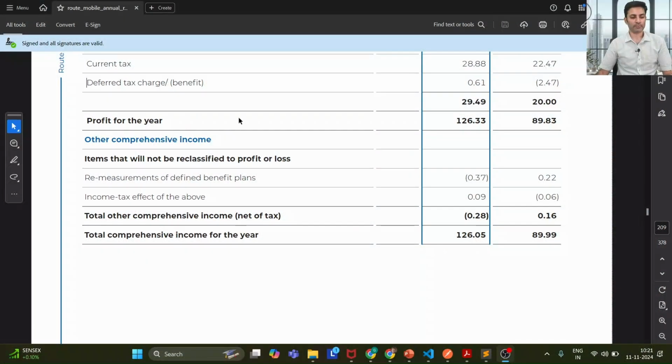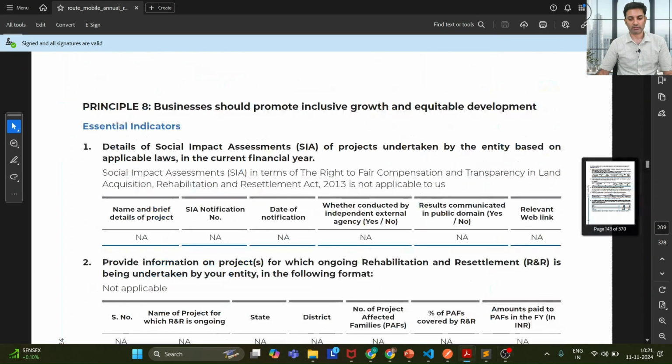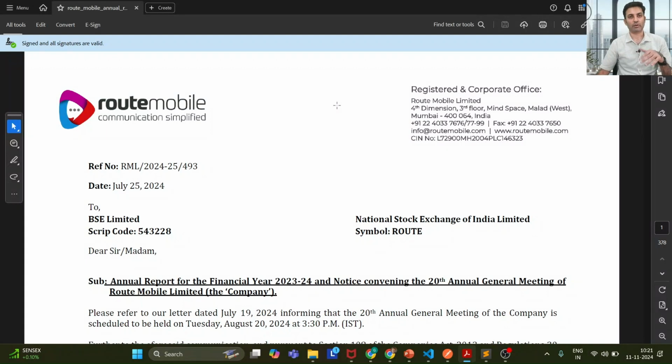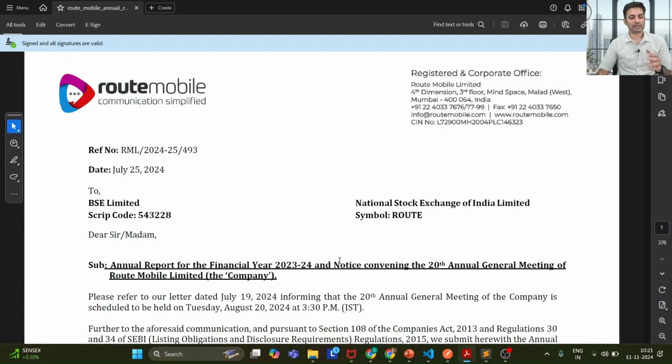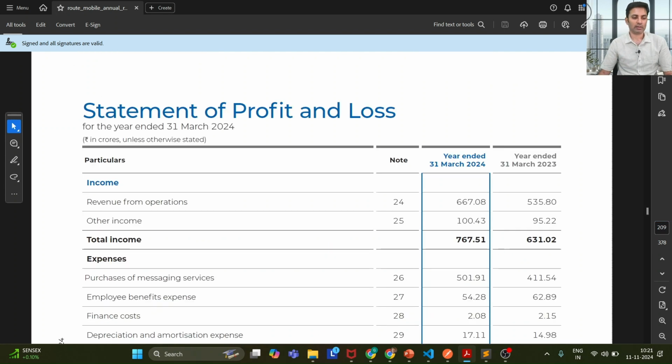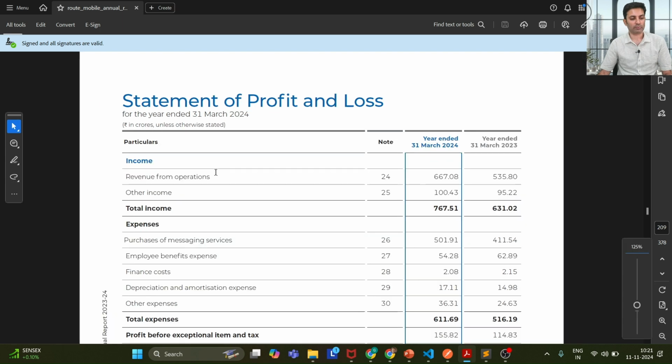Here's my screen. I'll quickly show you the financial statement. This is for ROT Mobile, the latest annual report for 2024 of the company. Right now I'm interested in one aspect of the financials, which is the statement of profit and loss. If I go to page number 209, here is the page which talks about the statement of profit